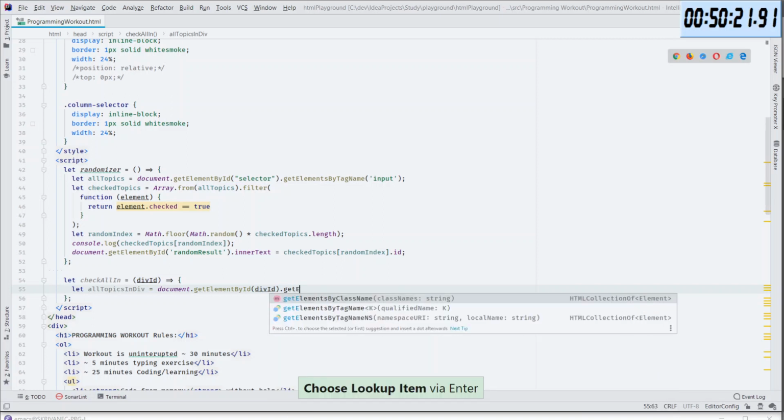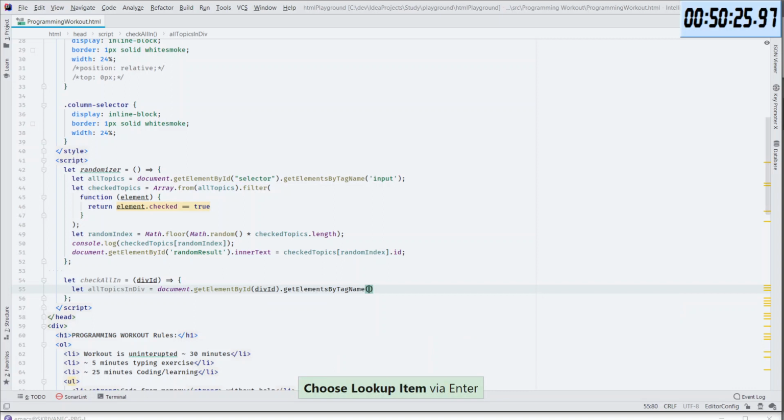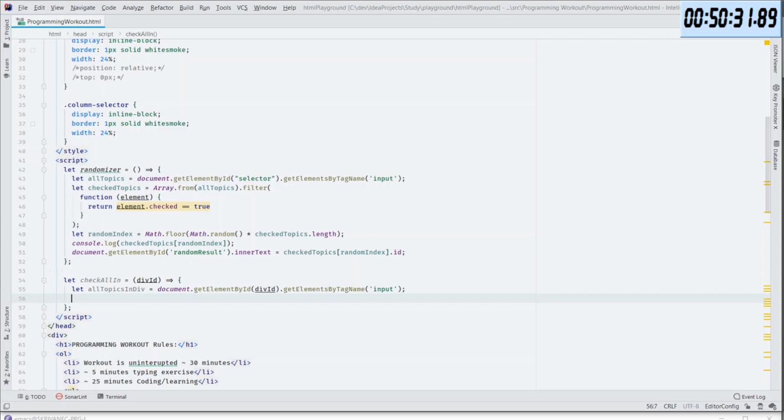Get elements by tag name, and we will say input. Okay, so this will get us an array, I think, or well, this thing.